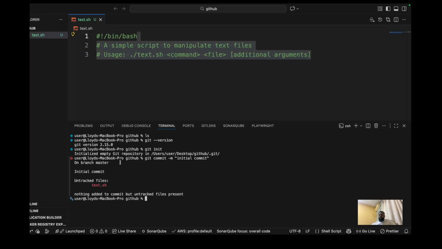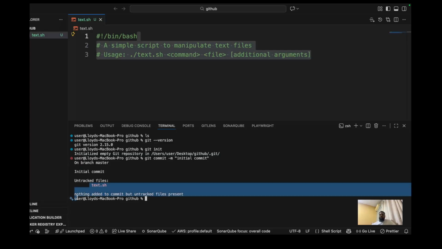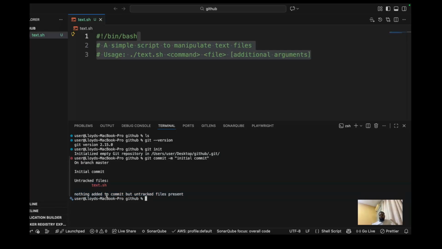So let's see what happened here. Git says that on your master branch, initial commit, untracked files. This particular file is not being tracked. So nothing added to the commit, but untracked files are present. So it means that even though we initialized the Git repository, Git is not tracking this particular file because we haven't added it yet. So first of all, what we need to do is git add,